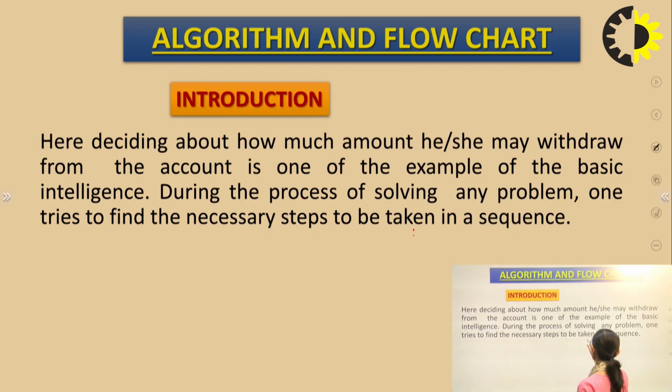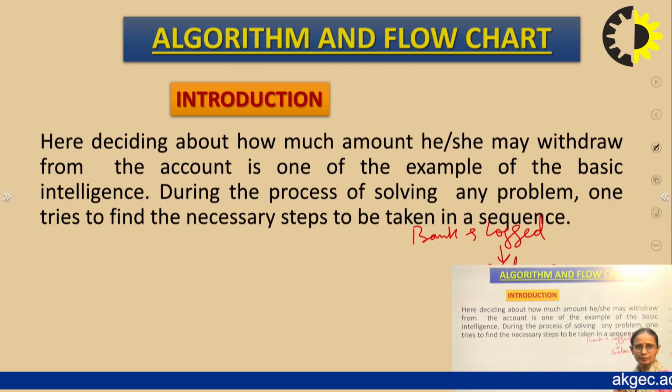In this case, the person goes to a bank, he logs into his account, that is, he gives the details of his account to the person. Then after that, he will check the balance, what is the amount he wants to withdraw from the bank. After checking the balance, he will check the minimum amount, so balance minus minimum is the amount which he wants to withdraw. After analyzing these things, he will withdraw the amount and then log out from the system. So these are the steps that person will follow.